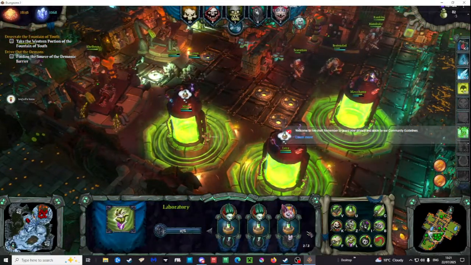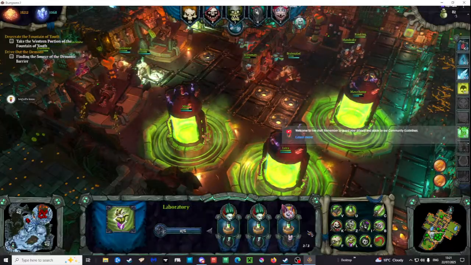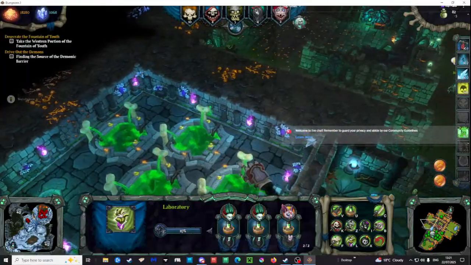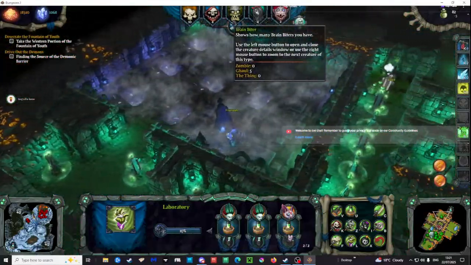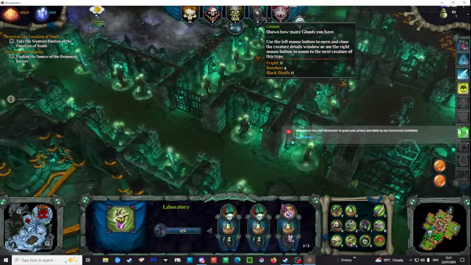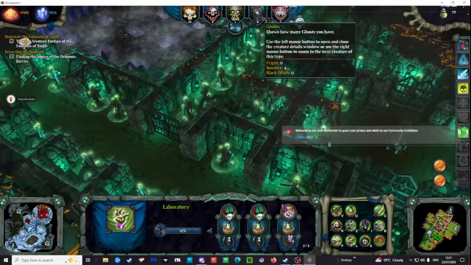Having our monsters turn into, oh, we're gonna get them so badly. It's brilliant. Now we can do the same tactic as we can have ghouls, liches, and Black Deaths, but